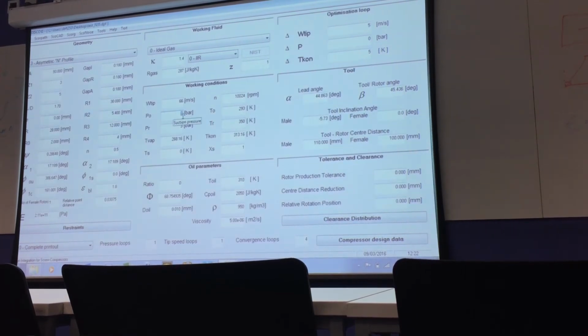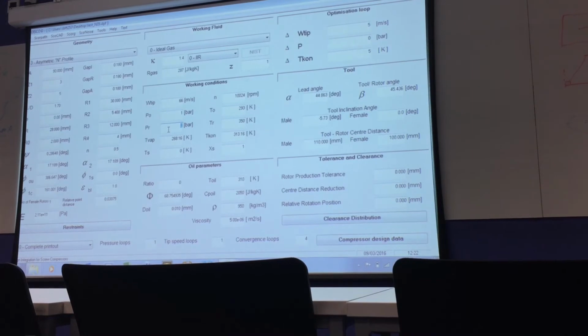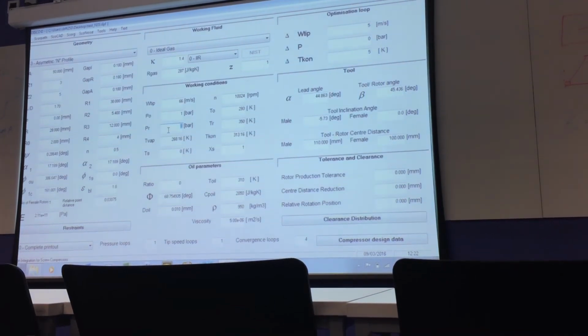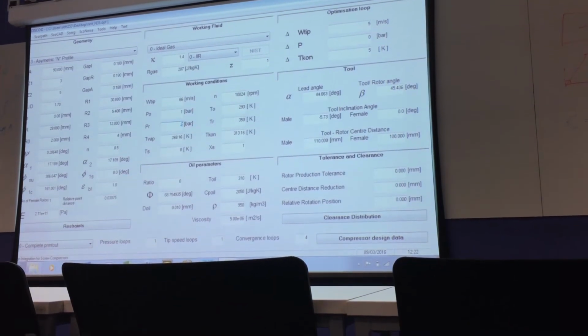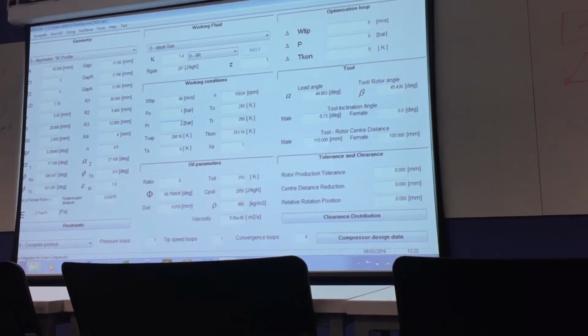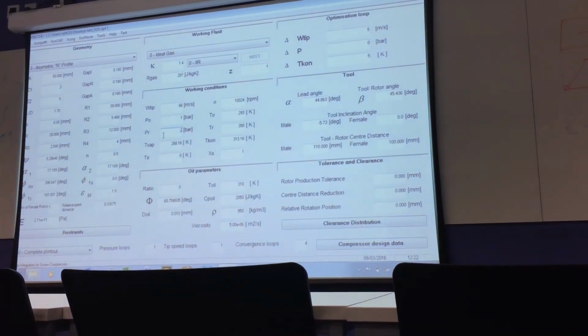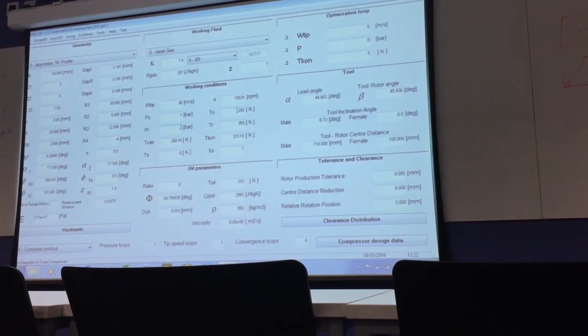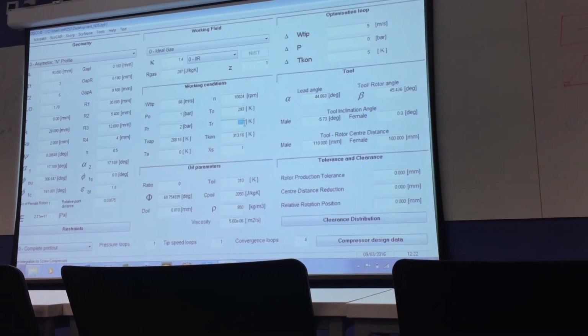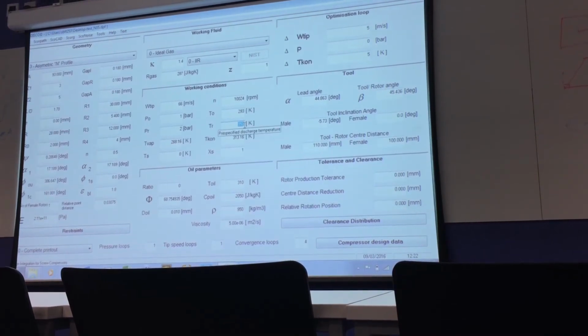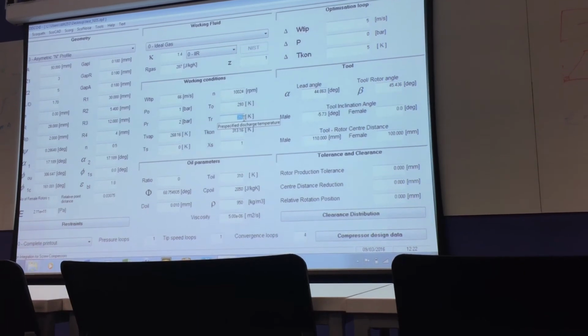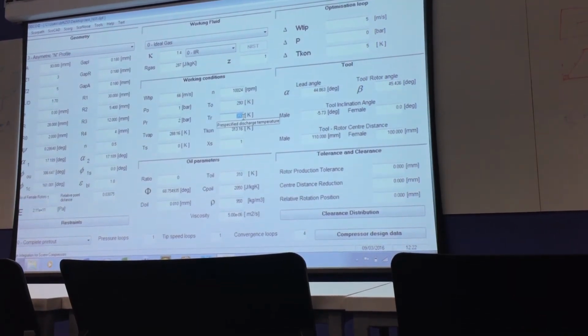P0 is suction pressure, which is atmospheric 1 bar, and discharge is the pressure where you have set during the experiment by changing the control valve. So it can be 2 bar, it can be 2.5. Check your measurements, what information you have, and then give the corresponding information. So I'm going to test it at 2 bar. Suction temperature and discharge temperature is a parameter used for initial calculation, but it is going to be replaced later based on the actual discharge.